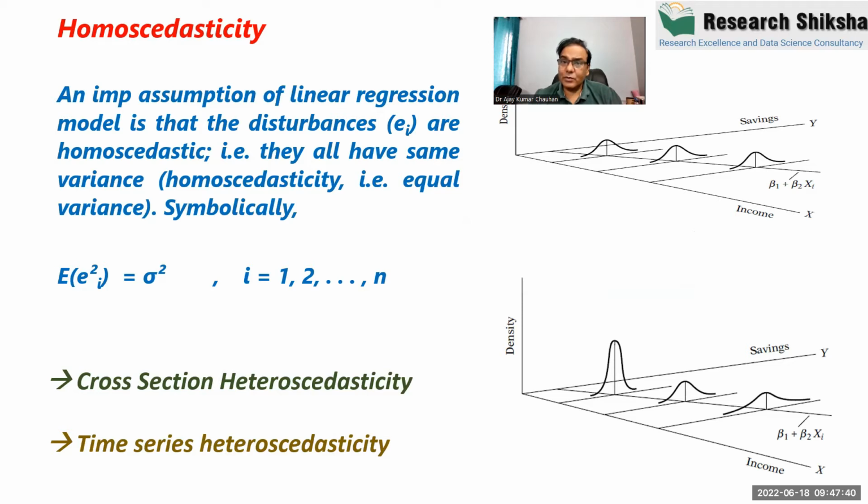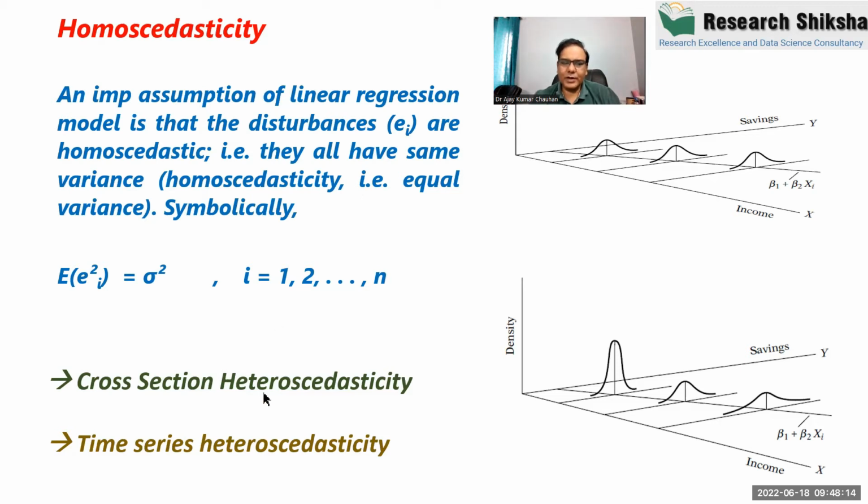And in time series, heteroskedasticity depends upon the time. So you have to keep these two in your mind, because in the coming slides we are going to discuss the advanced tests. Okay, so by definition, an important assumption of the linear regression model is that disturbances are homoskedastic. In the first graph, they have all equal variance like this, but it is not possible in most cases. So the violation of this assumption is known as heteroskedasticity,